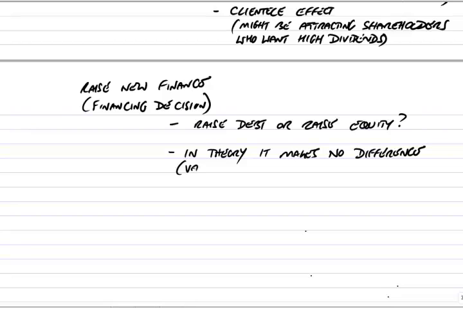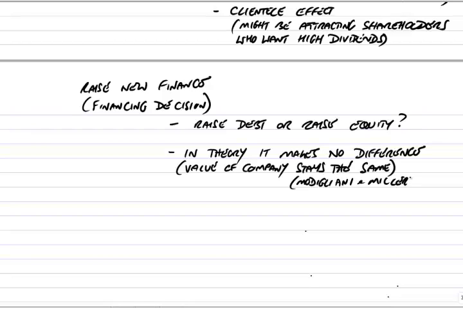The value of the company stays the same. And as I said, again, it is Modigliani and Miller who came to that conclusion. And so just as we've said, in theory, the dividend decision is irrelevant, equally in theory, the financing decision is irrelevant, but in practice,